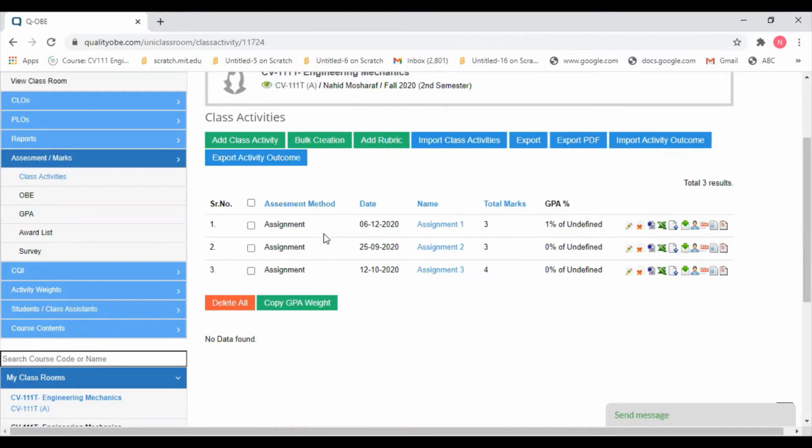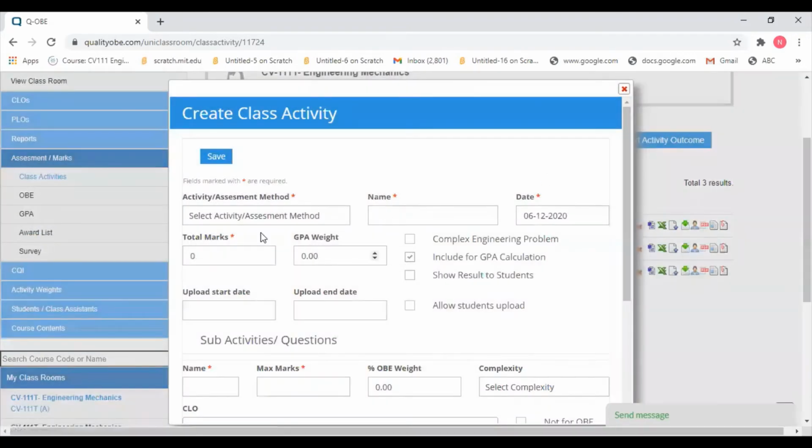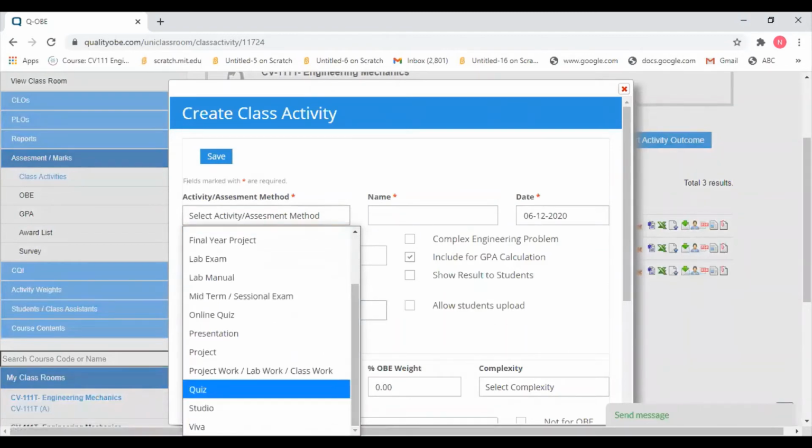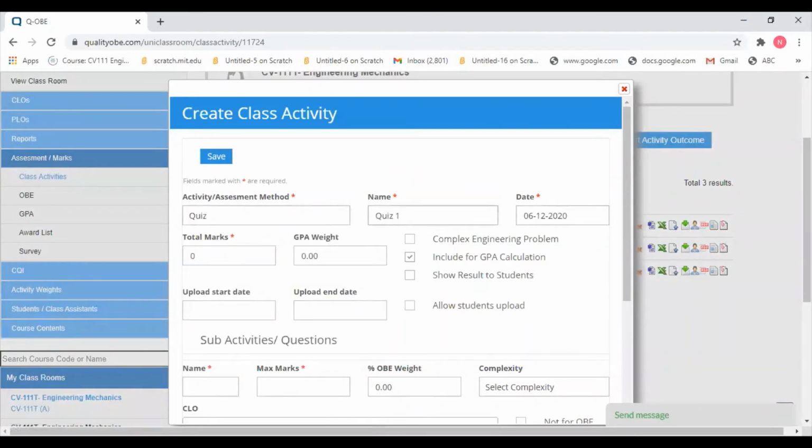So you can see over here how you can create the activities in the add class activity. Right now I am going to create an activity of quizzes as well. So now this is quiz number 1 and I have to check on which date I have taken this quiz. So I am going to search for it. Where did I put my quizzes? Obviously it is not visible to you, but I can see. So I have to see my quiz date.